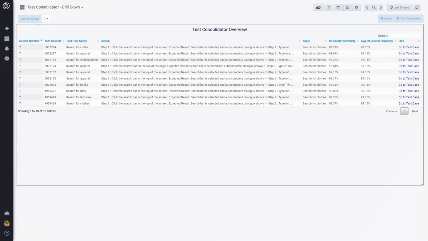This is a once in a release, once in a cycle hygiene task. We're not going to do this every single time we run testing, but it is a very useful backlog task to turn around and say, right, if I can remove the dead weight from my testing, I know that I'm only focusing where I need to focus. And now I can solve the next problem, which is, when I know that I've got the test pack to the minimum size, how do I solve the testing challenges in the most efficient order where I'll find the defects as soon as possible? I'm going to take you through how Qualisense can help with that too.